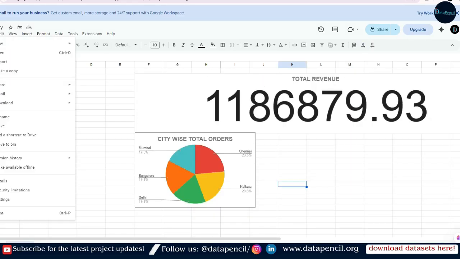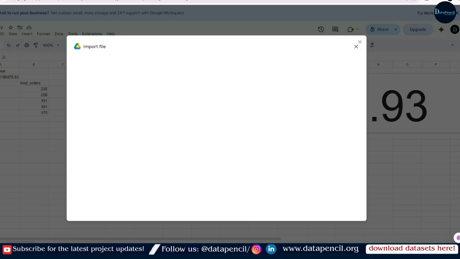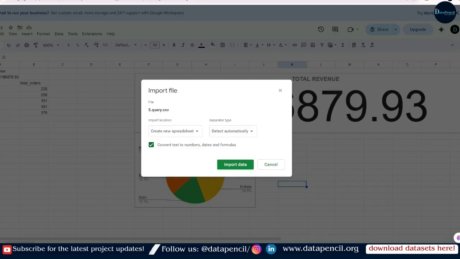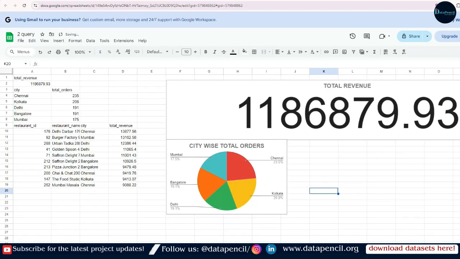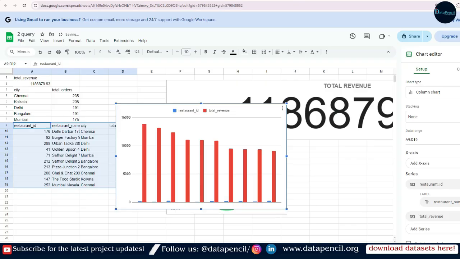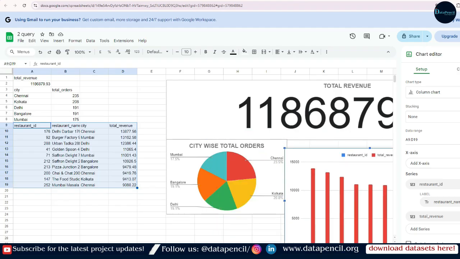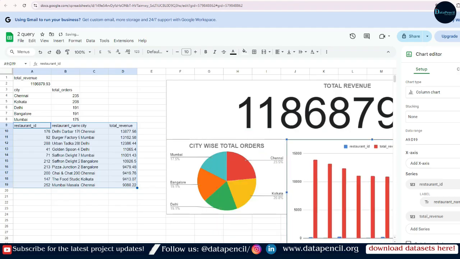Now let's import our new result, next result. So our next result was related to append it and import. It was related to the restaurant wise total revenue, right? So let's select these values. Okay, this is our third result we are selecting, and then insert the chart. Now here you can see it is a bar chart. It's fine because we can see the total revenue. It's a top 10 restaurants we have. Now just place it here and